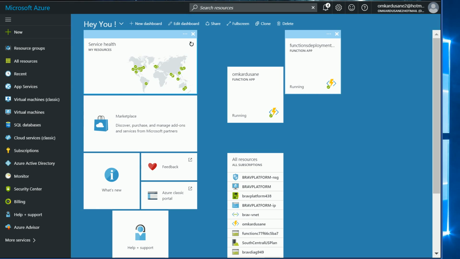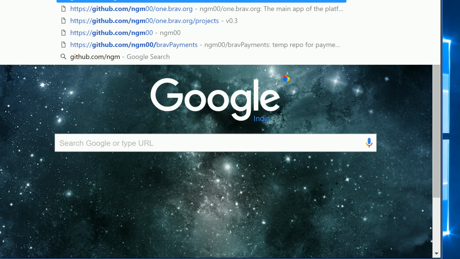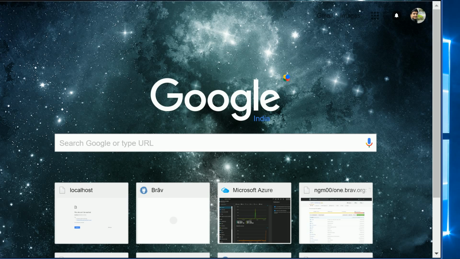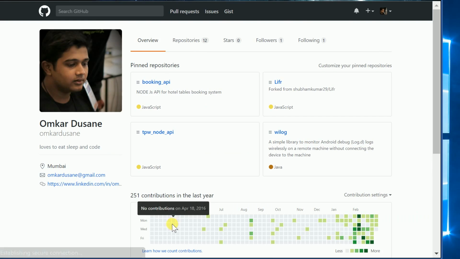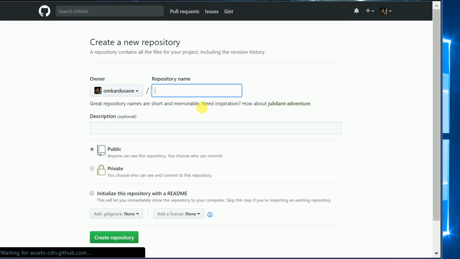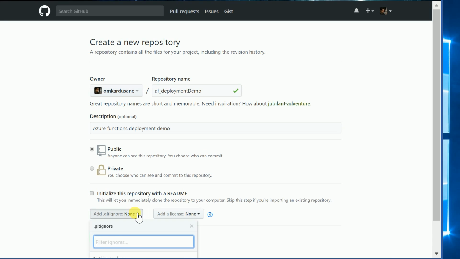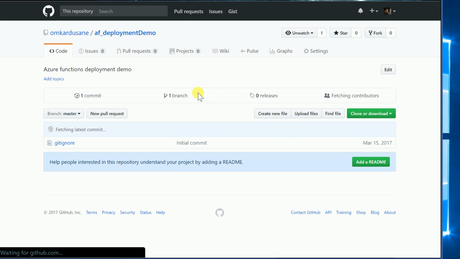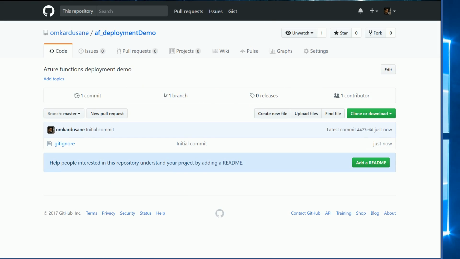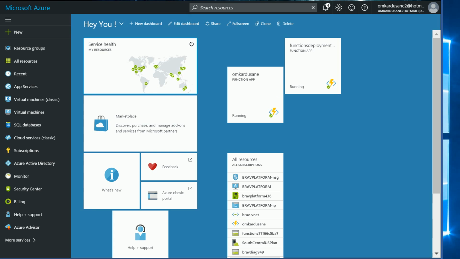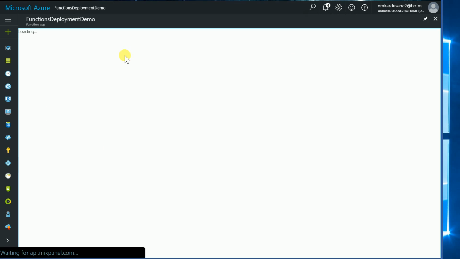Okay, let's go ahead and create a GitHub repository for that. Let's go back to this app and